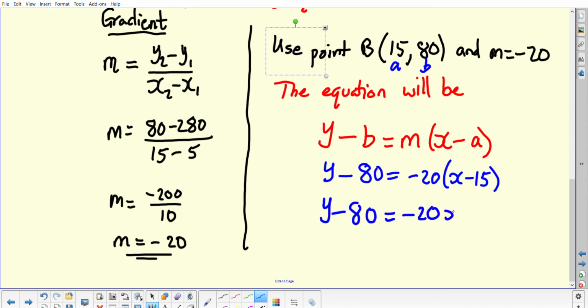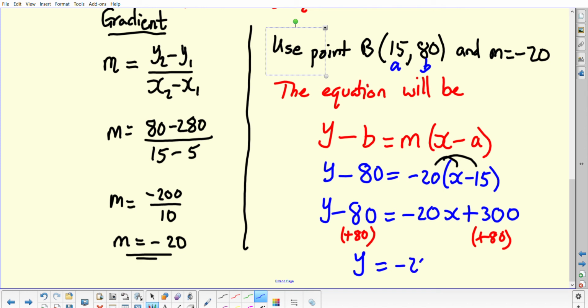So we get negative 20 times x, and then multiplying out the bracket, negative 20 times negative 15, that's going to give me plus 300. I still need to tidy that up, so looking at the left hand side, deal with that minus 80 by adding 80 on both sides, and that's going to get me to y equals negative 20x plus